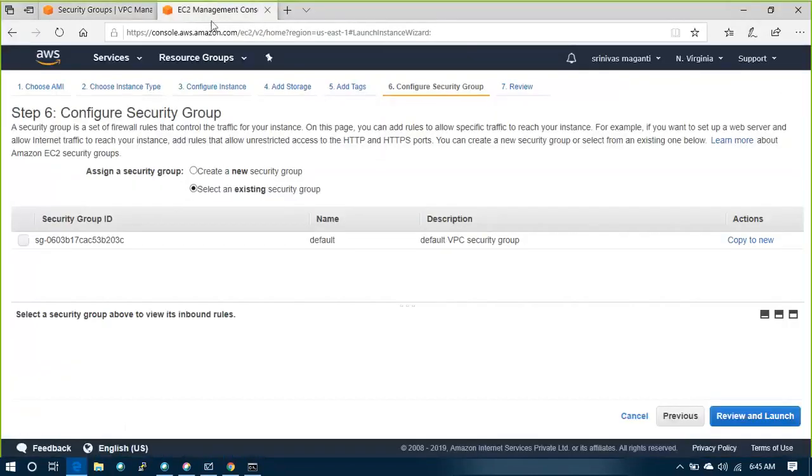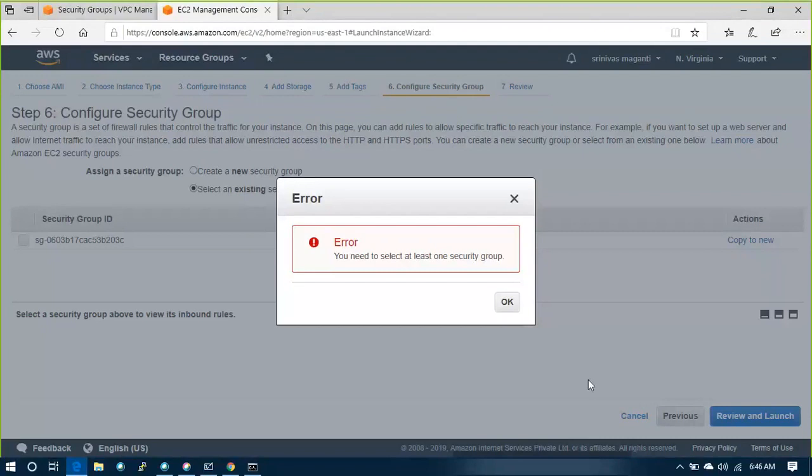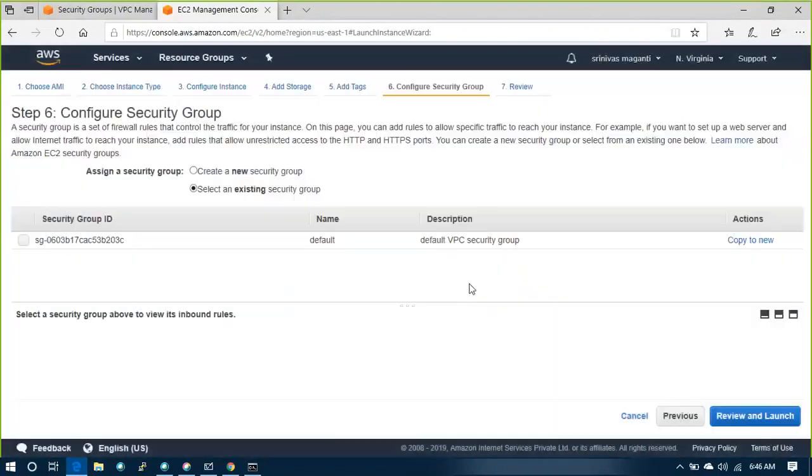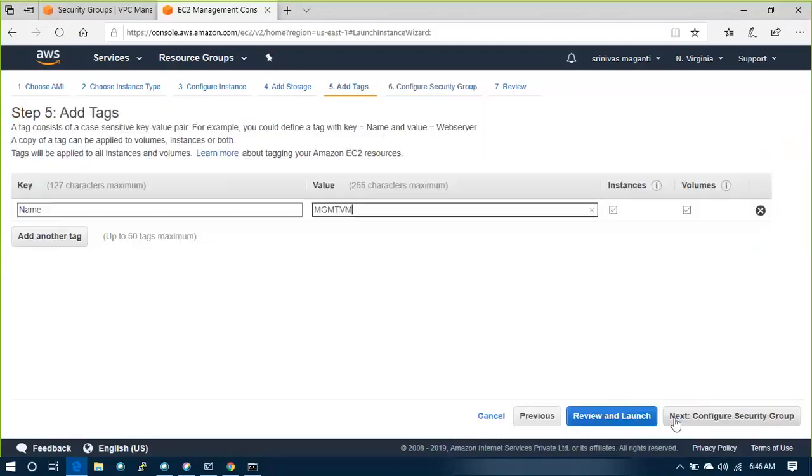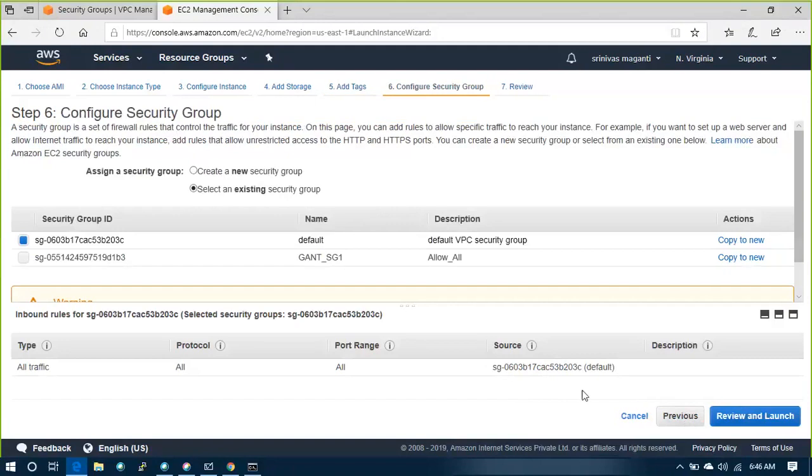I'll go to EC2, and here I have to go to previous. Go to previous, management VM, next.